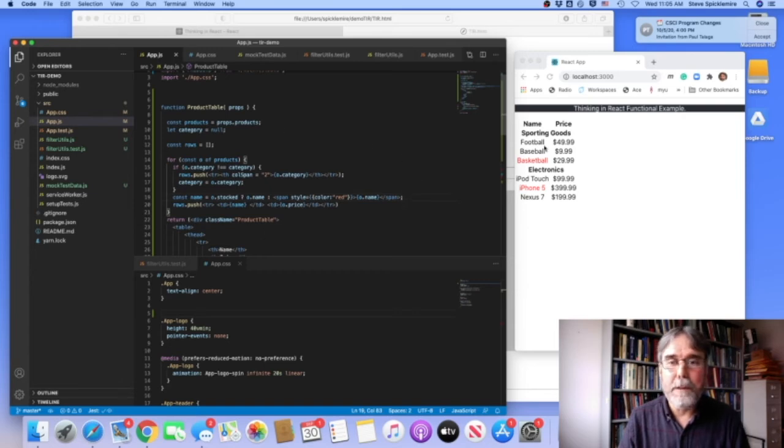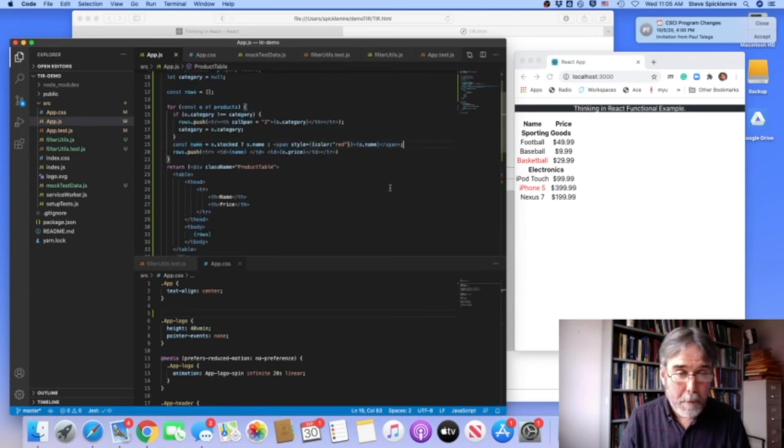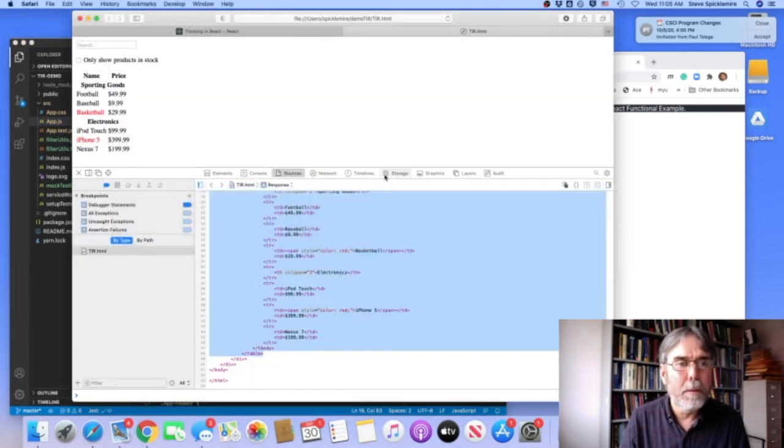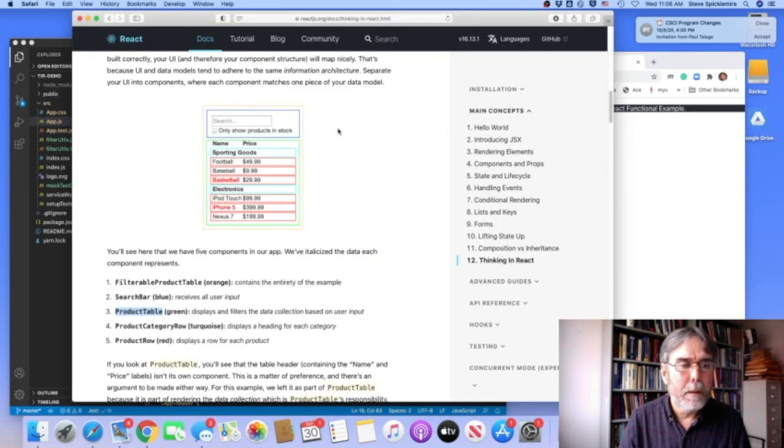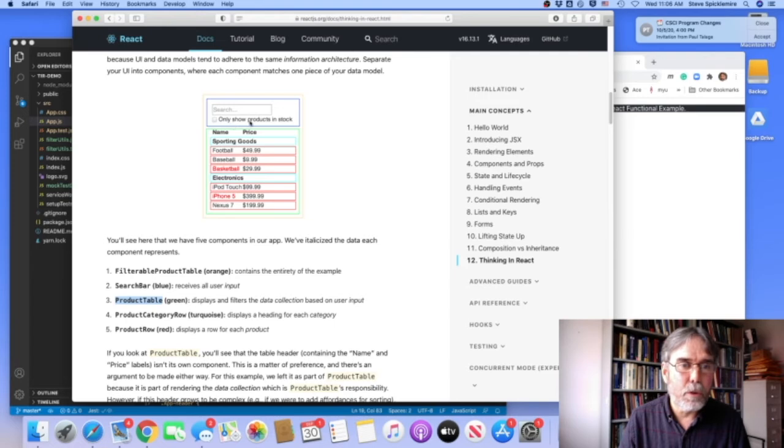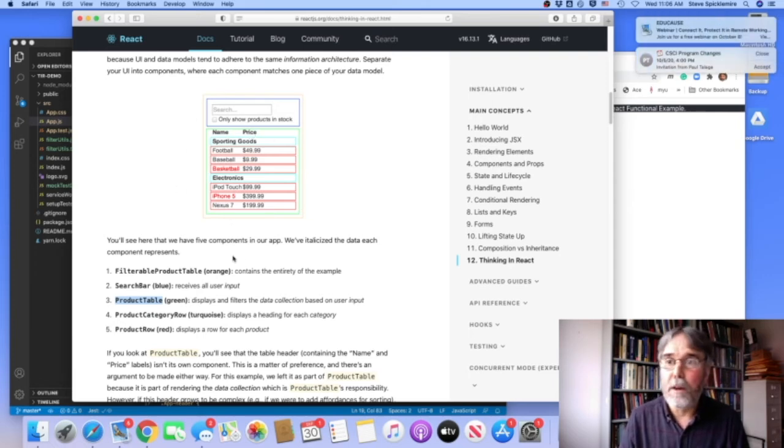Now we've got this product table that's able to display the full list without any problem. So fantastic. What about the controls and stuff that need to go at the top? So let's go back and look at the tutorial. So the tutorial says the control should be in like one box. That thing is called a search bar. So they're going to make a search bar function or a search bar object that holds these controls. And then the product table, which is what we just did in green, is just there to display the list. And then the whole thing is contained in a larger object called a filterable product table, which is this whole thing. Okay,